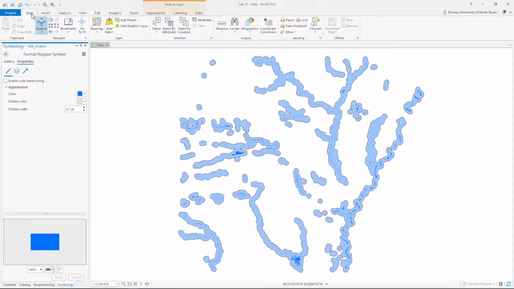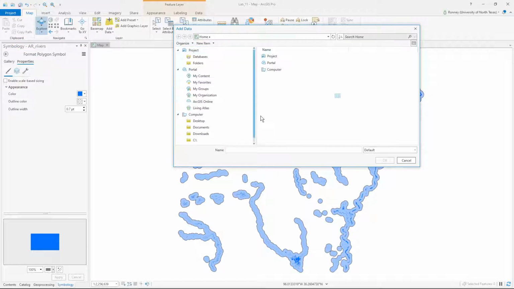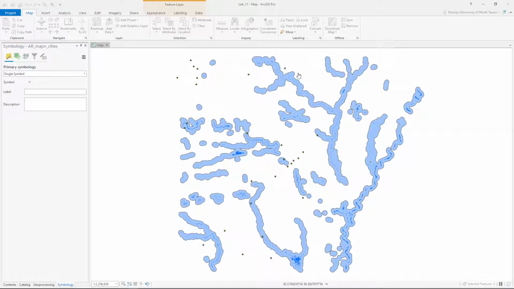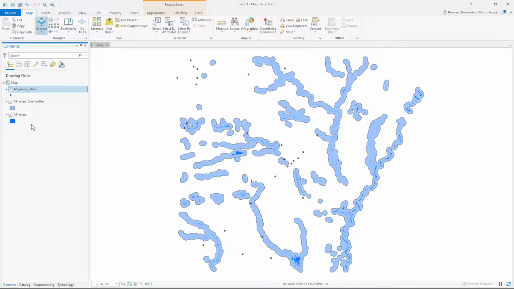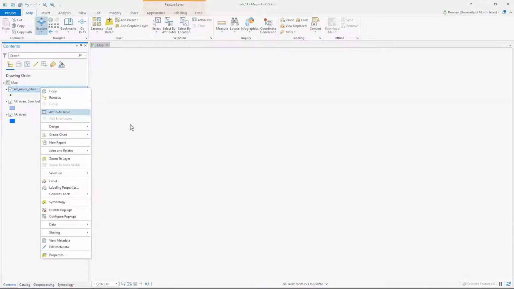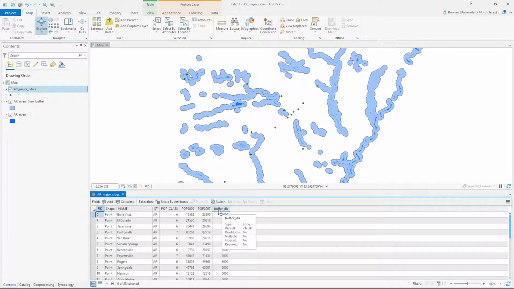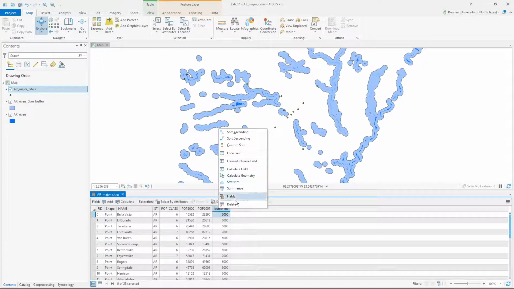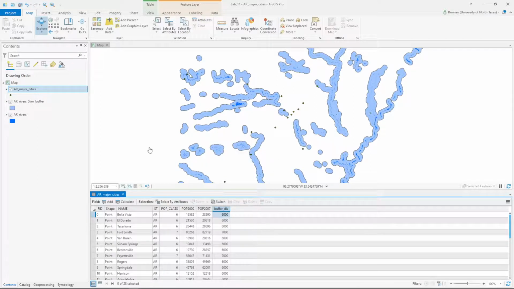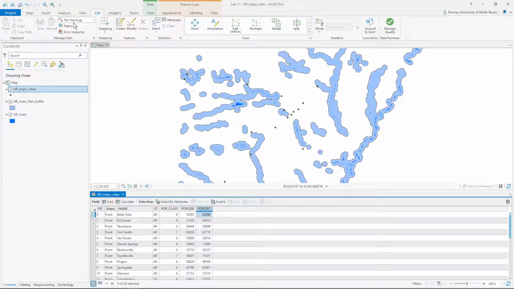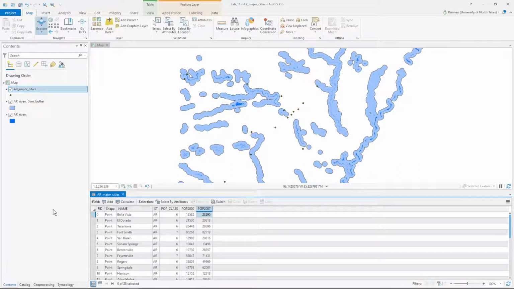First we need to add the data. So we're going to go in and add AR major cities. Hit OK. It comes up in points. And then we're going to look at the attribute table. So we're going to go into the table of contents, right click, attribute table, and take a look at what we're dealing with. I'm going to go ahead and delete this because that's the field we're going to create. And we're going to go ahead and save that. Well, it looks like it's already saved. Okay, so